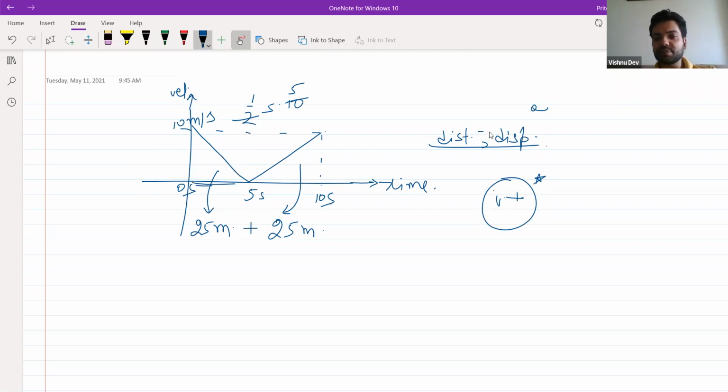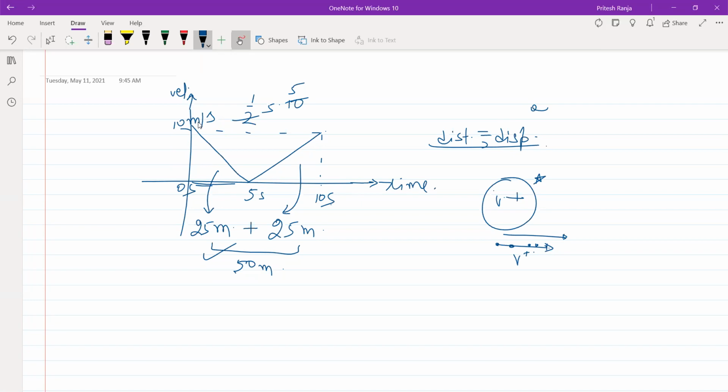Since distance and displacement are the same, because velocity is positive all the time, positive velocity means the object is moving in a particular direction, let's say to the right. If at all points it has positive velocity only, that means it's always moving to the right. So we just add them to find total distance, that will be 50 meters, and the same will be displacement. Are these two problems clear to you all, guys? Or if anyone has any doubt, you can ask me. No, sir, no doubt. Clear.